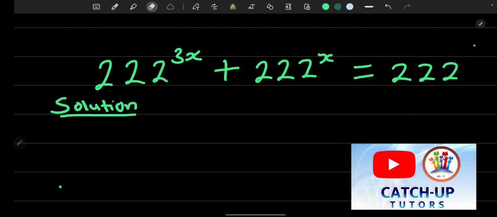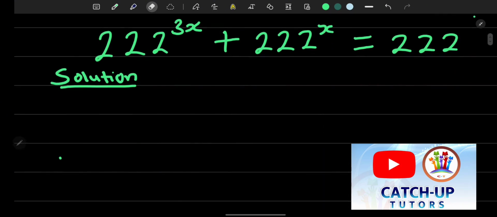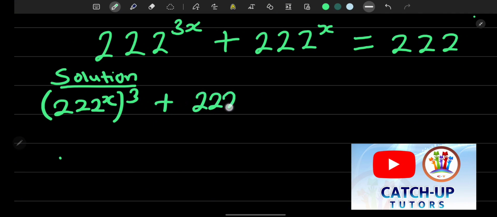Good day everyone. In today's class, I'm going to provide a solution to this given problem where we have to find the values of x. Okay, so the first thing to do here is to rewrite the given equation, and that can be written in terms of 222 raised to the power of x in bracket of 3, then plus 222 raised to the power of x